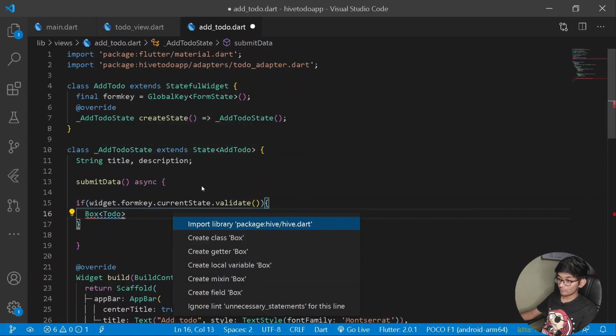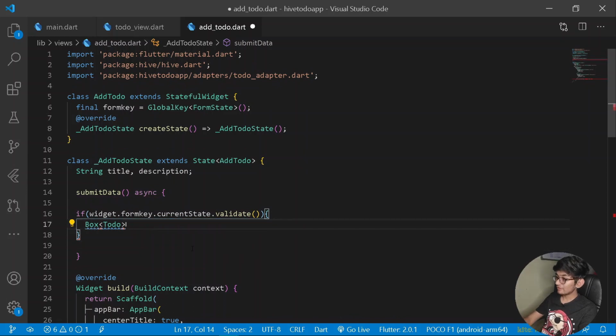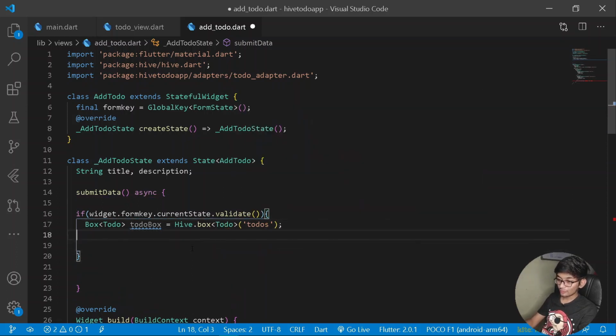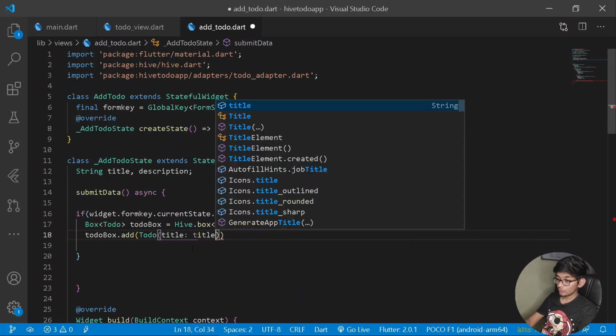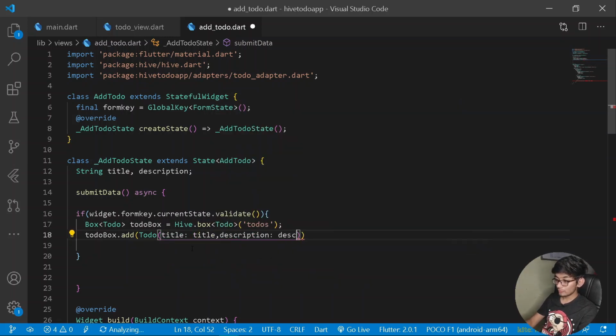Alright, let's import the following Box from Hive. Easy. After having this, I can have a property of todoBox. Now the todoBox shall be equal to Hive.box, and under a case of box, let's have our name to be todos, which is our general database name. But before this, let's have our type to be Todo as well, more precisely. Once we have done this, let's go at the bottom, and here I can simply say todoBox.add, and we need to add data in it. Under a case of data, I will have a new instance of Todo, and under this, first of all it will require a title to be a title and also a description to be a description.